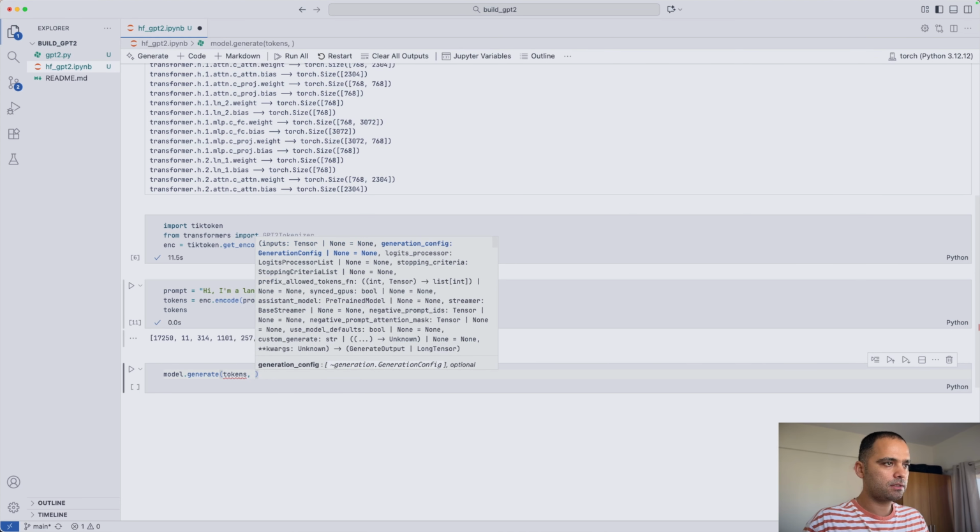If we pass this, it means the keys in both these lists are the same, then what we can do is for k in sd keys, if k dot ends with w for w in transposed,